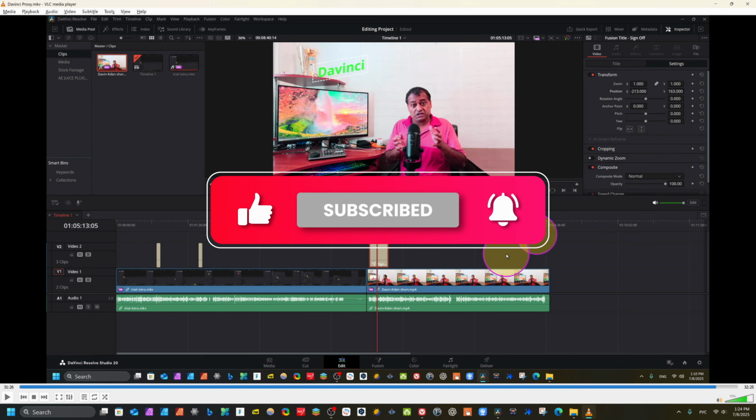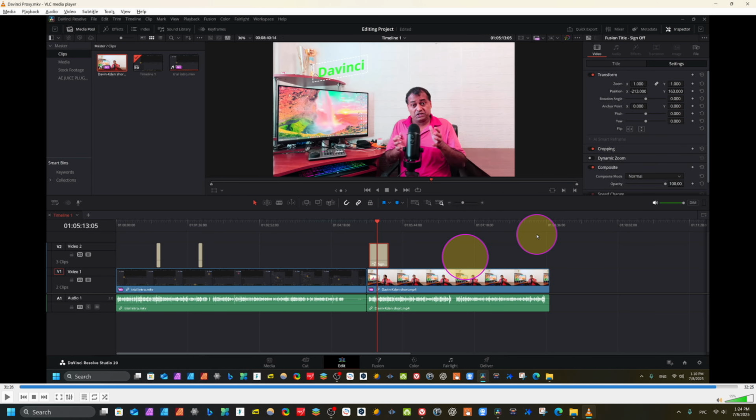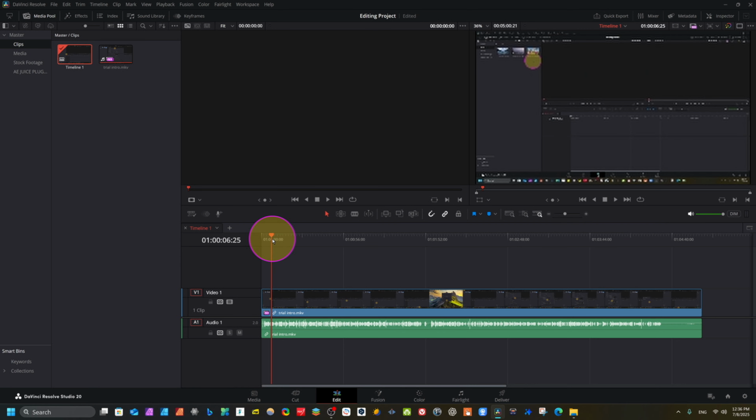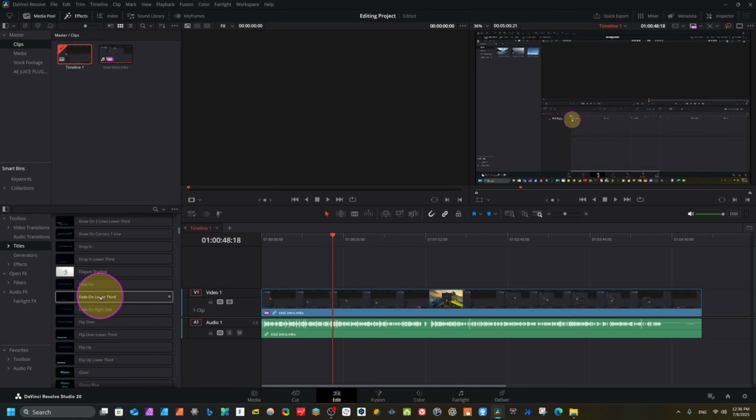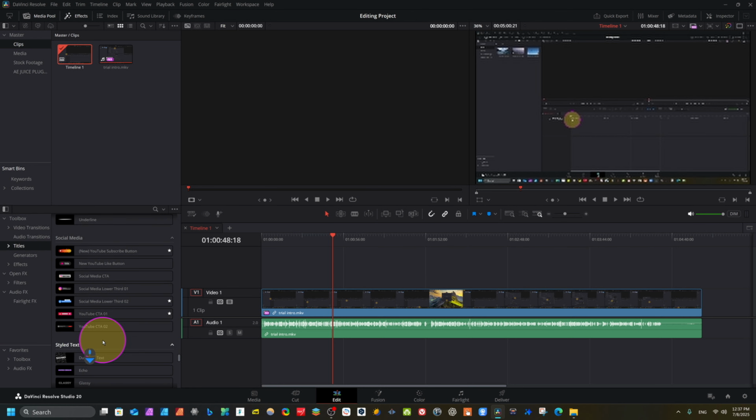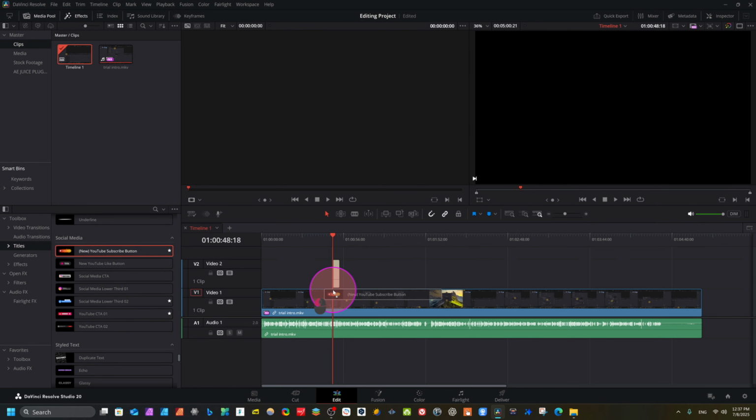Without wasting time, let's jump into the next step of this tutorial. After making proxy media, if you have added lots of transitions etc, even though performance of the timeline is not good, come for the other setting here. Before that, we come here, edit, and we just add a text here, plugins. When you add a plugin, it will be very difficult. For example, I have this subscribe button, and here I add this.